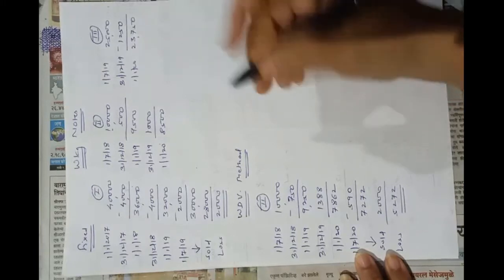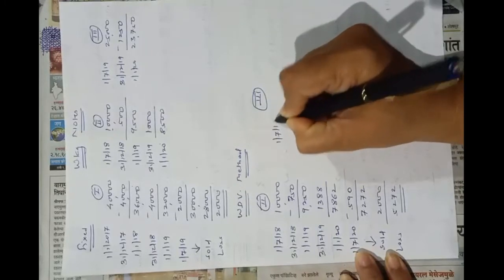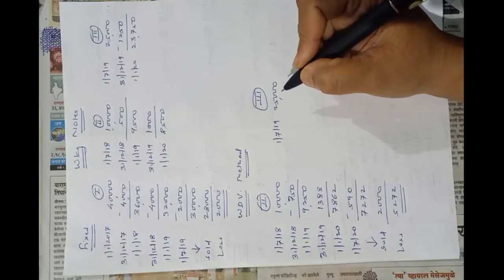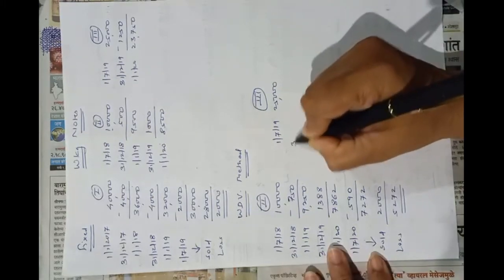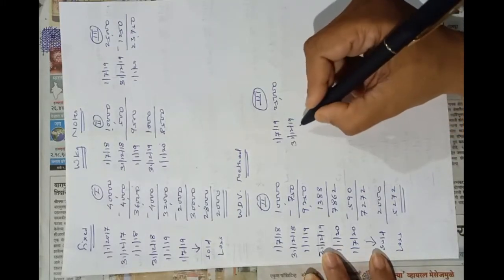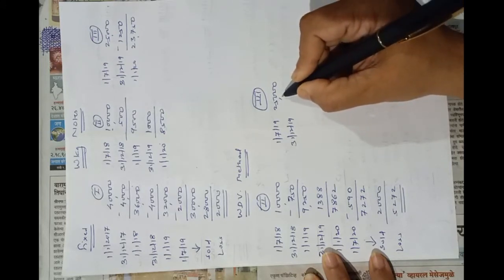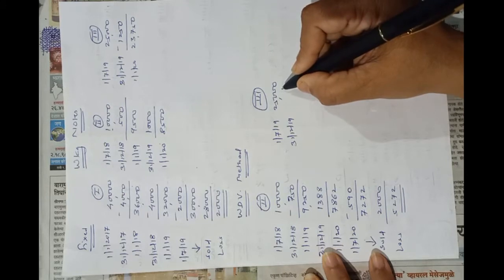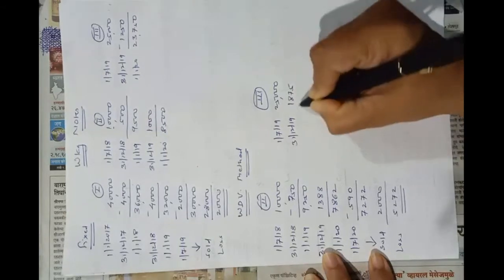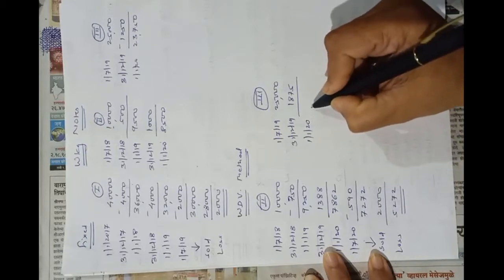Now third machinery, on 1st July 19, the machinery was purchased for rupees 25,000. First depreciation will be on 31st December 19 for 6 months from July to 12. So the depreciation will be 15% of 25,000, that is 1875. So written down value on 1st January 20 will be